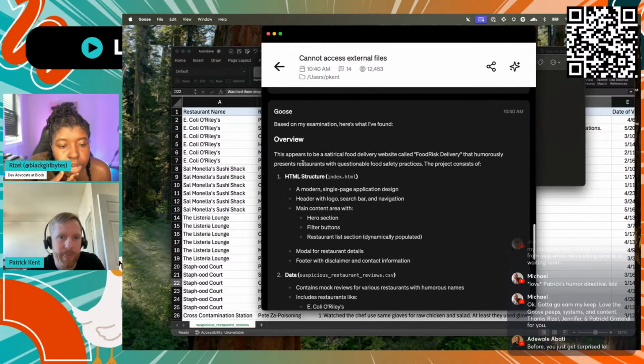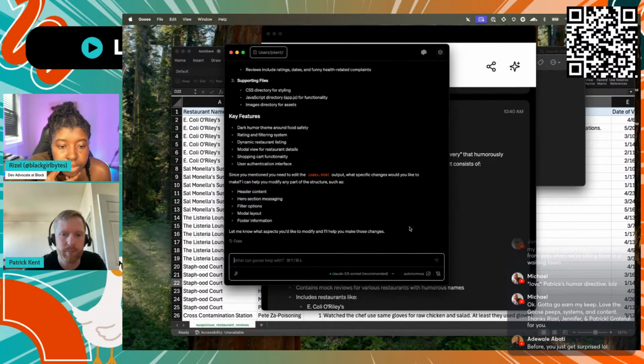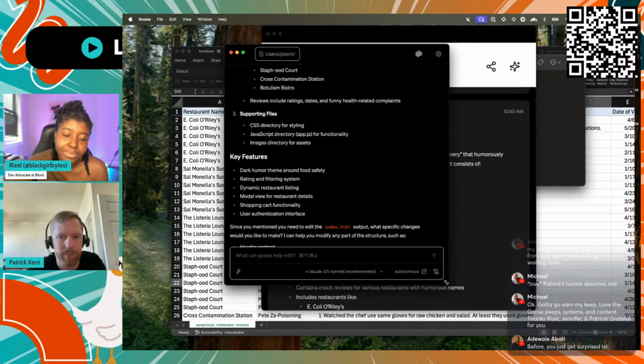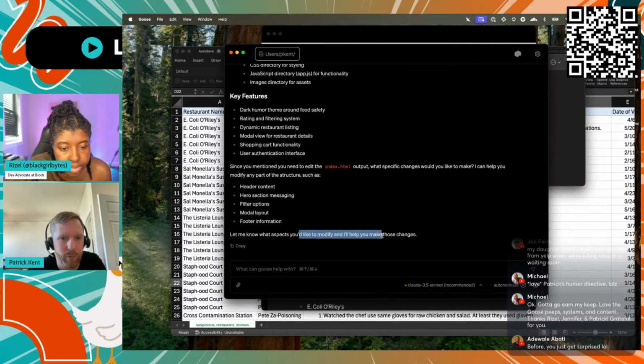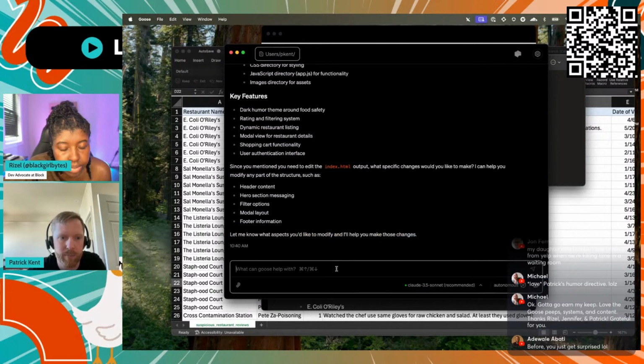Why don't you copy and paste whatever is in there? I did, yeah. So I think this is actually gonna work. I had it repoint to the file. Okay. Yep. Let me know what aspects you want to modify. Okay, cool. And now I'm gonna reprompt it again.